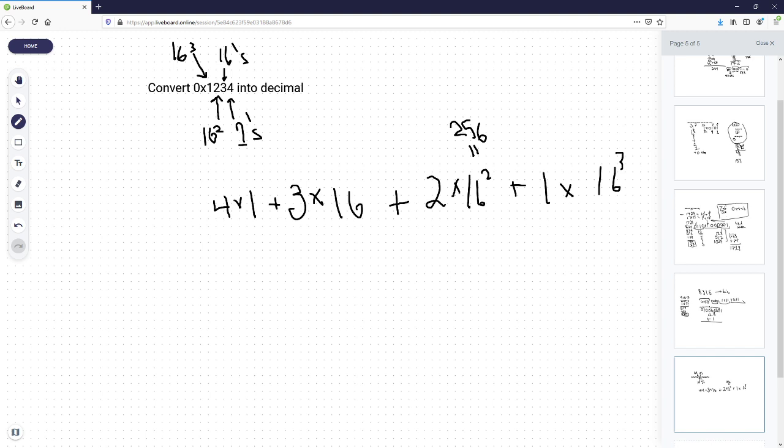And 16 cubed, I think, is 4096. And so, okay, if we add all these up, what do we get? We get 4 plus 3 times 16 plus 2 times 256 plus